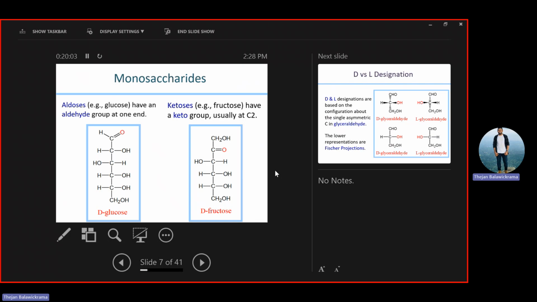Aldehydes have a C double bond O. Alcohol has OH. In both the molecules you see we have OH, everywhere you can see the OH group is present. That is the alcohol group. Ketone has a C double bond O